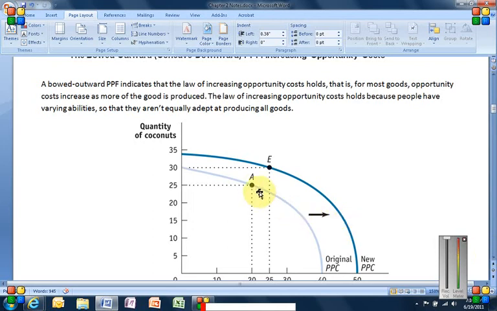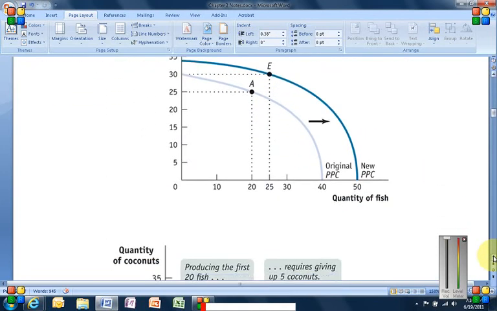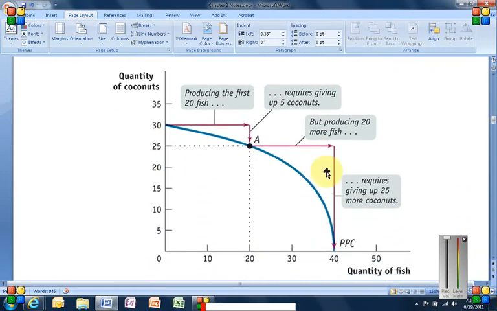In this kind of example, though, just because it's bowed outward doesn't mean we can't do calculations just by looking at points and then saying, how much are we trading off? But the concept that's being illustrated here is a little bit different. It's saying that trading off, going from one point to another along the curve, isn't always going to be an equal amount, because, let's go down to a more detailed illustration of this. As we get further and further to one extreme, let's say that we start at this extreme of 30 for the coconuts, and we want to move towards the